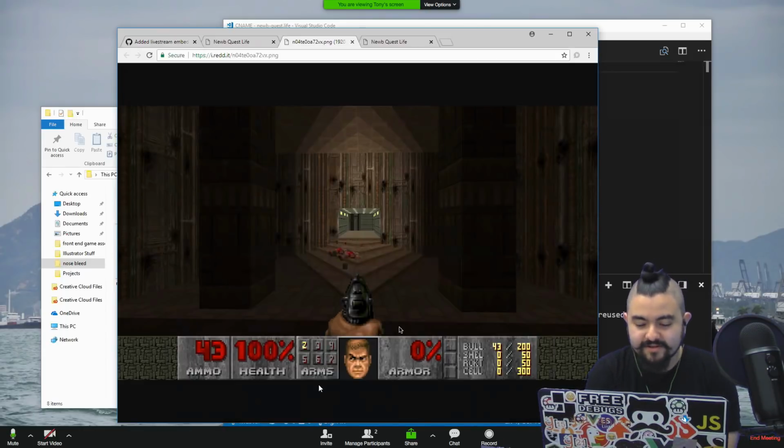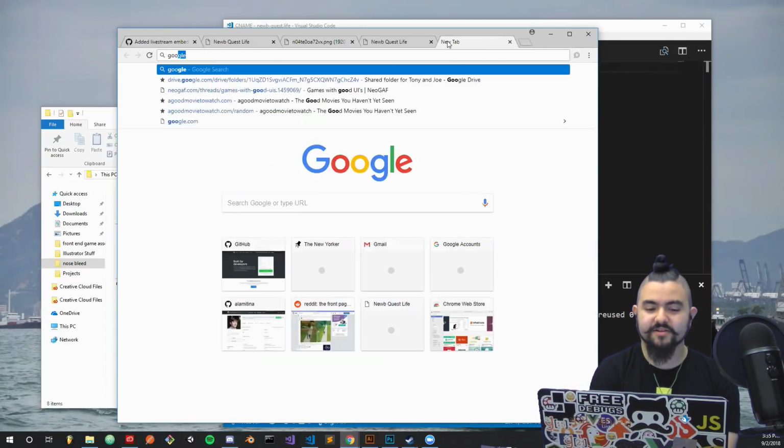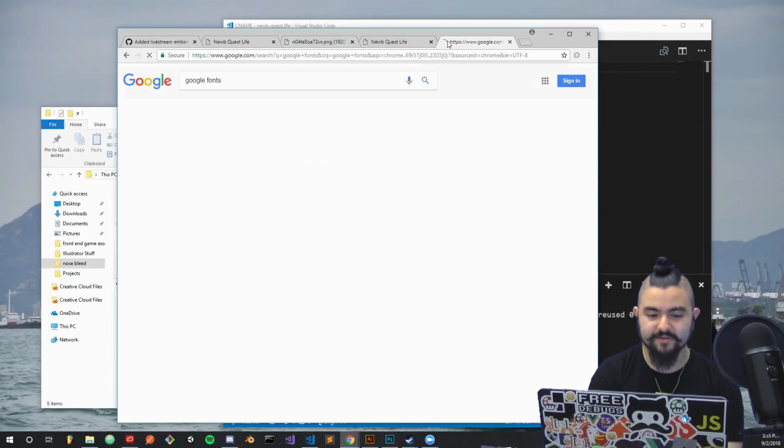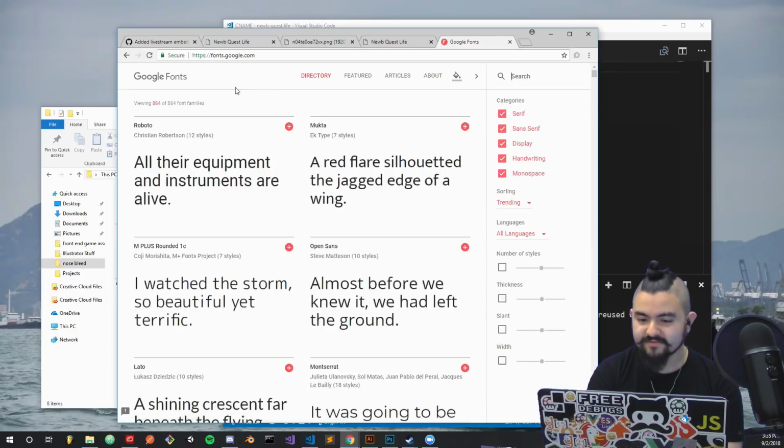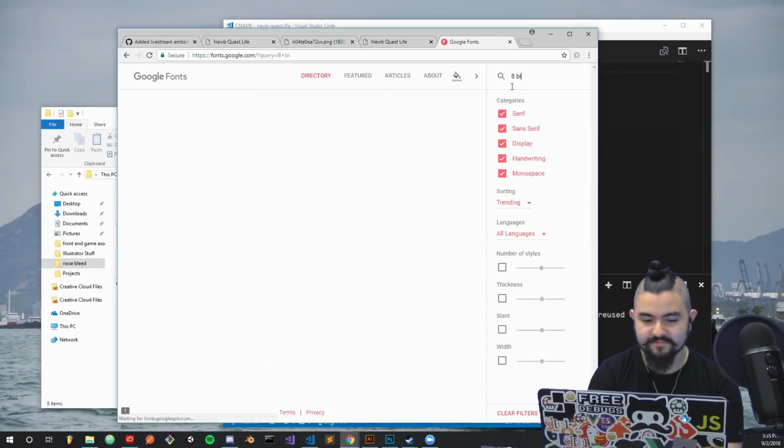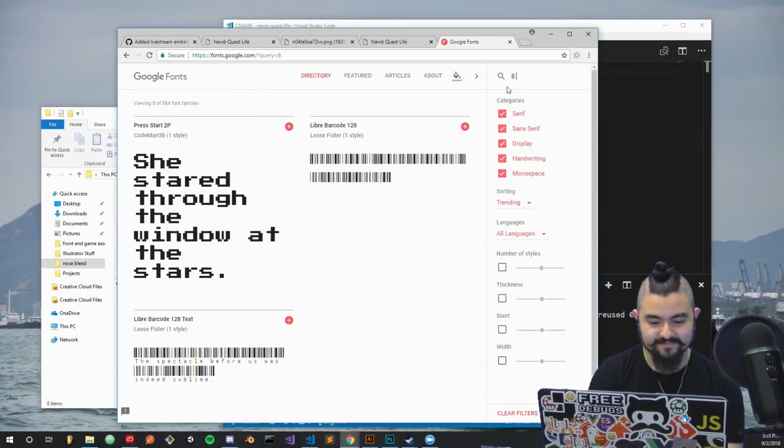Maybe we should find a font to use. Yeah, we could pull up Google Fonts. Yeah, let's go to Google Fonts and see if we can find a game font. More of a blocky, pixelated font. Yeah, maybe that's even a thing I could search for, like 8. Ooh. Press start. That's decent. Yeah, that's perfect. Click on it because we can see the different